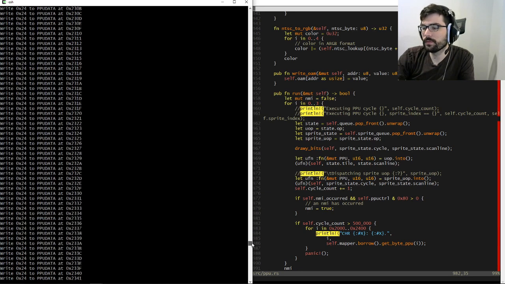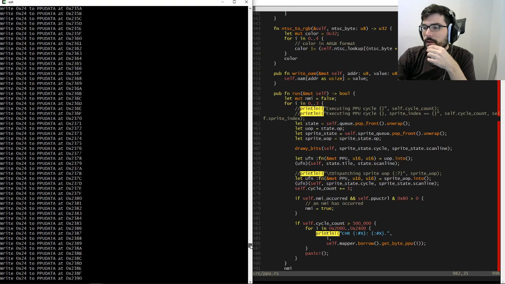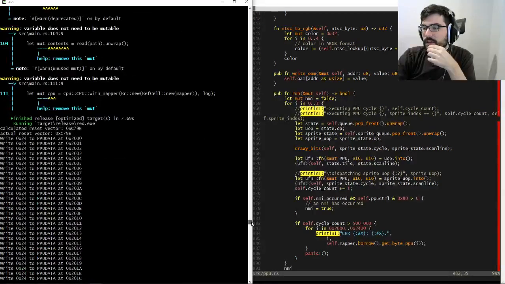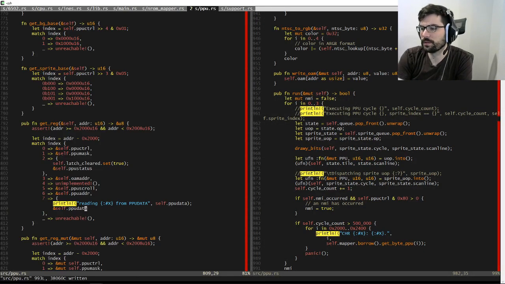Right, so we dump all of the RAM. We write a bunch of junk to PPU data. Doesn't look like we ever try to read from it. At least not immutably. And I doubt